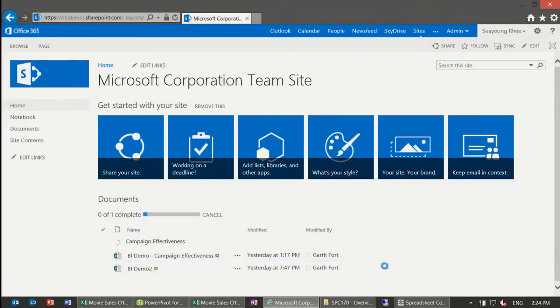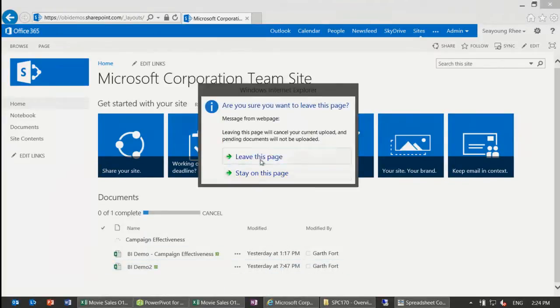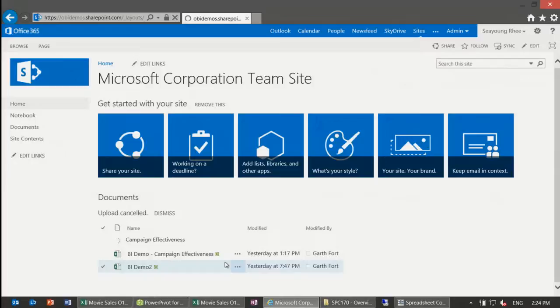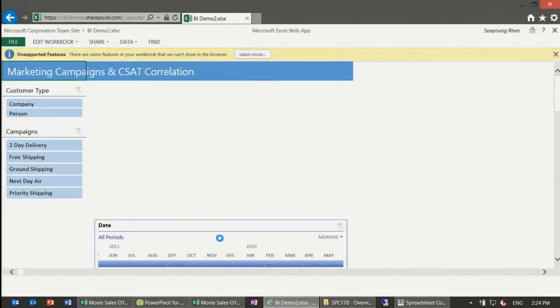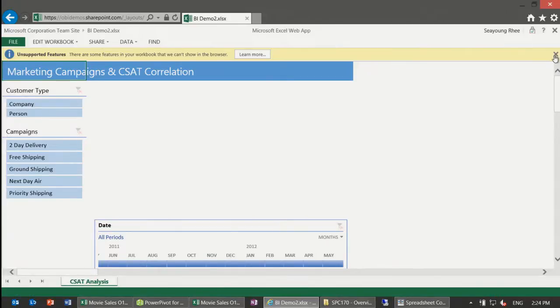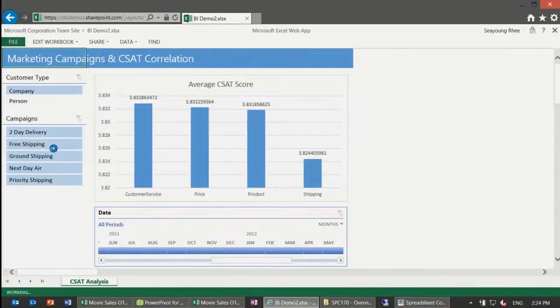So once these are uploaded, I can open the file inside the browser using the browser experience as well. So for those users who don't have the Excel client, they can also use the browser to view their reports as well. Okay. And inside these reports, we have filters, as we had before, which we call slicers. Oops. Which we call slicers. It always works on the second time,